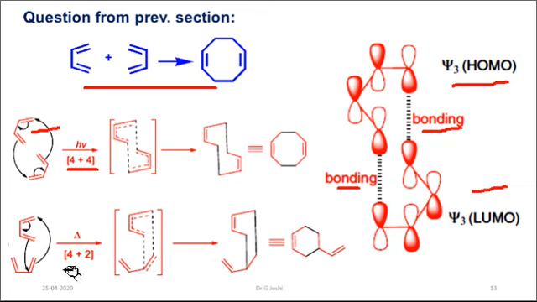Whereas if we try to do this reaction under thermal condition, instead of giving this 4+4, it will prefer to give 4+2 addition, because 4+2 addition is energetically or enthalpically a very favorable process. That's all for this lecture. In the next lecture, we'll continue the cycloaddition reactions, basically Diels-Alder reactions and their reactivities.